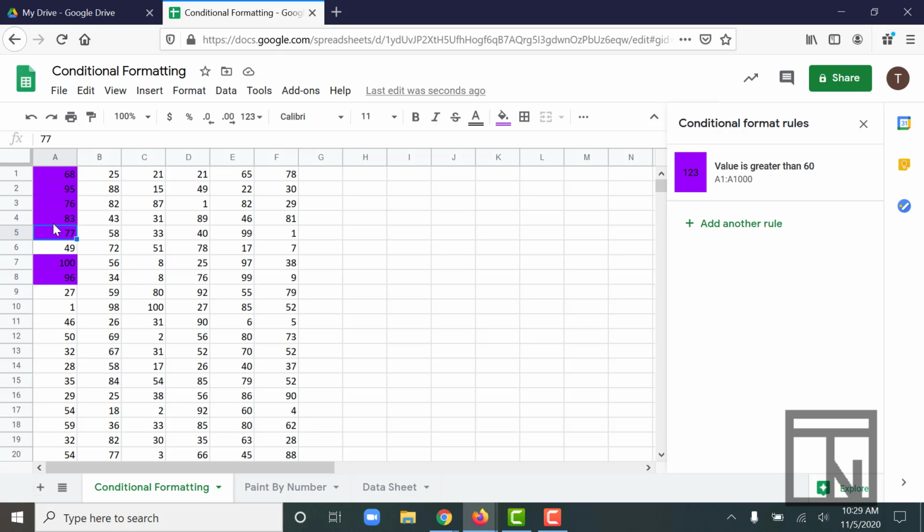There's a lot of criteria that we can choose to change these conditions, and that's one of the cool things about the conditional formatting. Let's do column B, and this time, instead of doing a number that's greater than something, let's do a text-based one. So I'm going to add another rule,